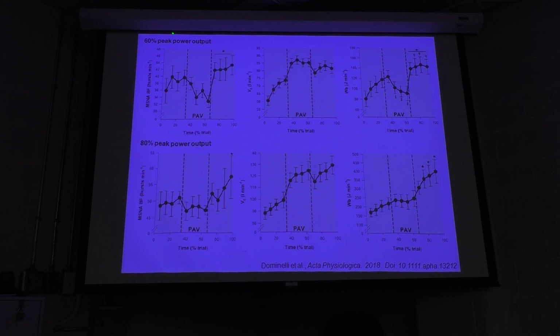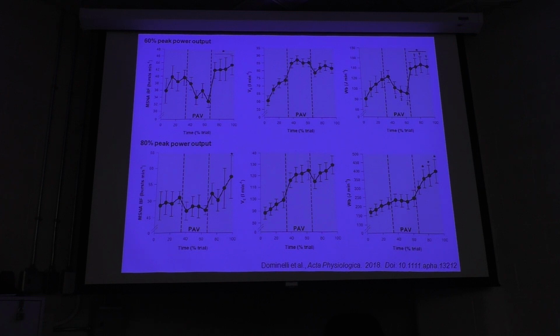And you can see that this occurred at 60% peak power output and also at 80% peak power output. So again, muscle sympathetic nerve activity was blunted relative to the ventilator off condition, minute ventilation was similar, and the work of breathing was reduced. So the idea here again is that decreasing the work of breathing, at least during moderate and heavy intensity exercise, when the ventilatory demands are on the order of 85 to 90 to about 120 and 130 liters a minute,